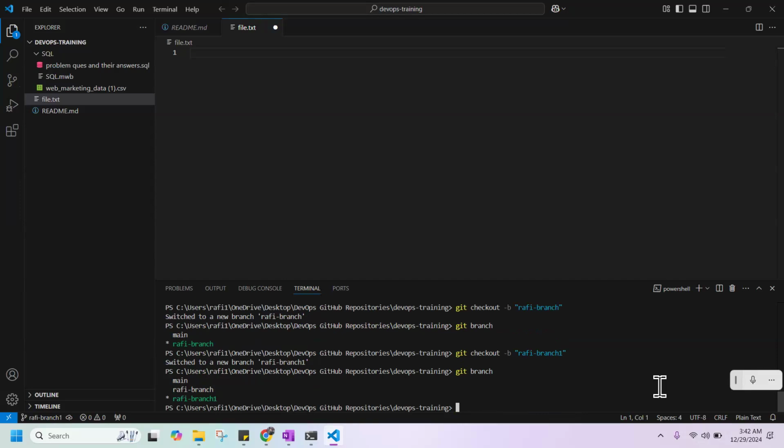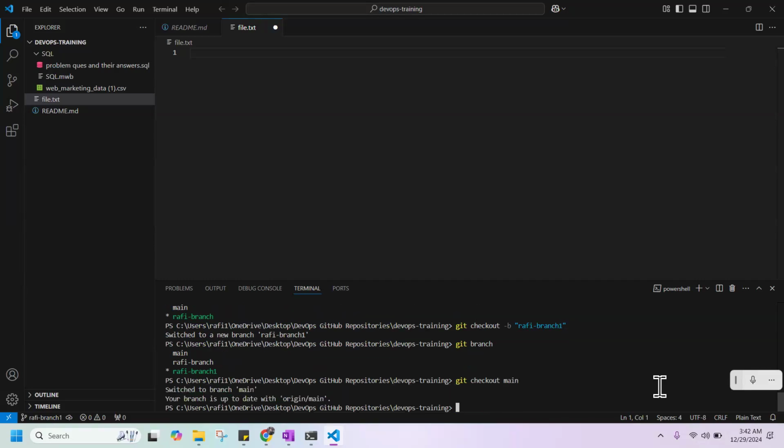Now I want to move to the main branch. How can I do it? Git checkout. So the main difference between moving to a branch and creating a branch is that whenever you want to create a branch, you write the minus B flag with checkout, right?